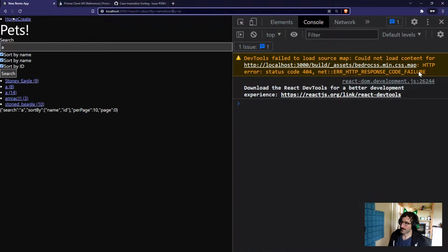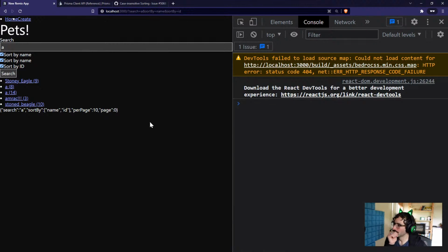the keys match. So in the end, what I get back is the search is set to just the value of A. Sort by is set to an array with the value of name and ID because those are included in here. We've got name and we've got ID. And then per page and page are just the default. So I have